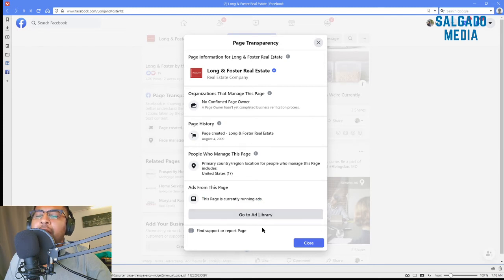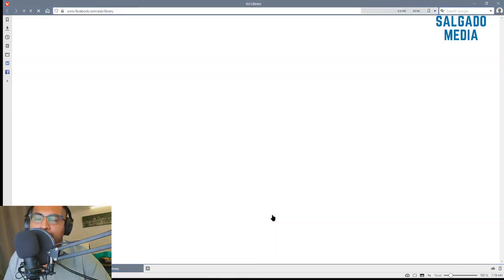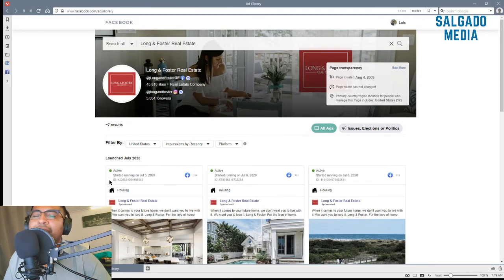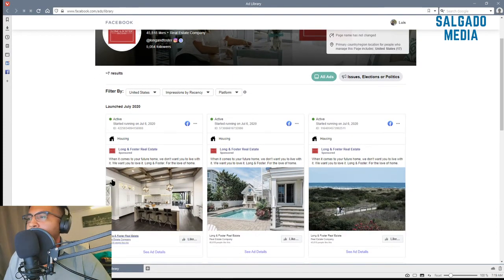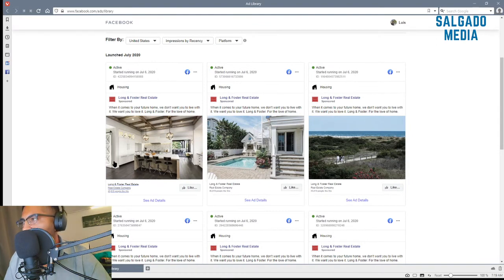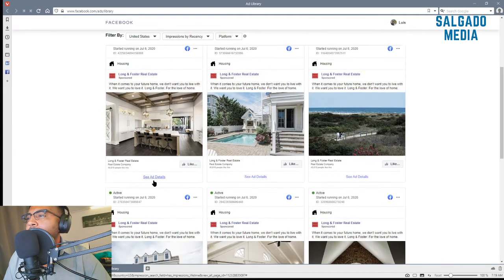Now, if for any reason you don't see the button option that says go to ad library, it could be a couple of things, but the main thing is you have an ad blocker installed. If you do, make sure you whitelist Facebook and refresh this page, and it should show up. So again, we go to the ad library, and this is the gold mine, because right here it will tell you the ads that they're running, the pictures that they're using. They're basically showing you the ad that they're running, and as we can see, they all say the same,